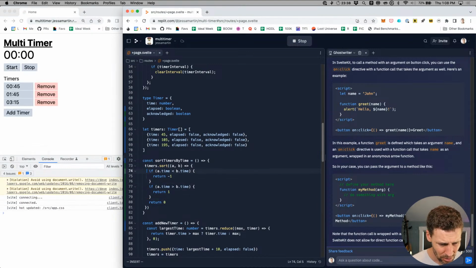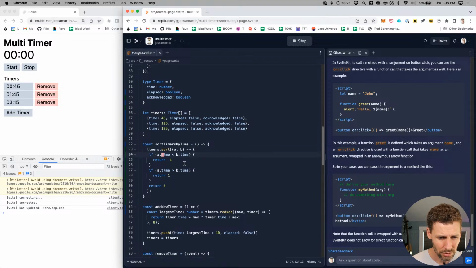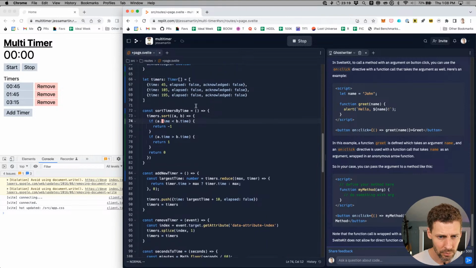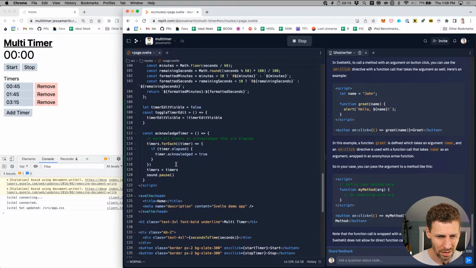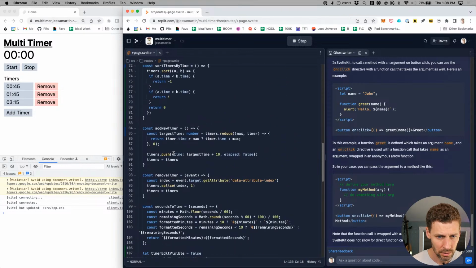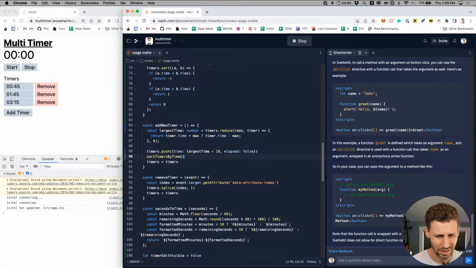All right, let's see how good Ghostwriter did at outputting some code for me. Timer sort. If a time is less, if a time is more, else return 0. Yeah, that looks about right. I guess we can call that at the end of adding, and we need to call that for every update though too.